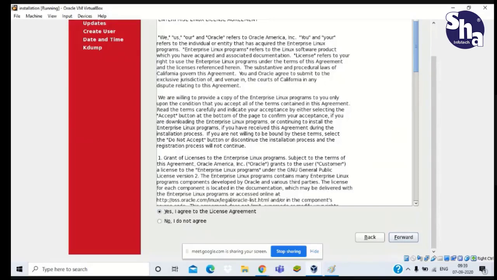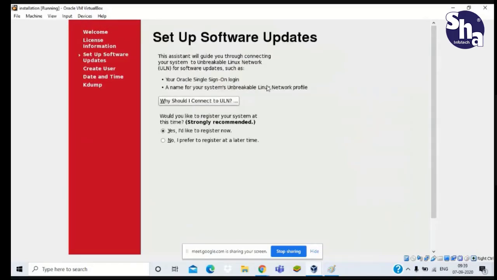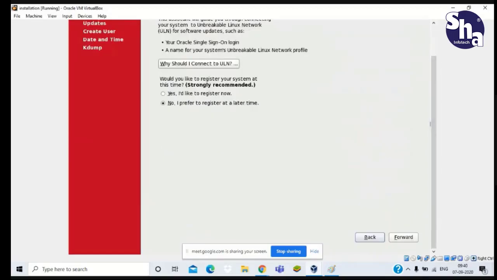Yes, I agree to the license, and click on forward. Here you are asked to set up software update. We don't want any software update, so just check: I prefer to register at a later time. Next, forward.